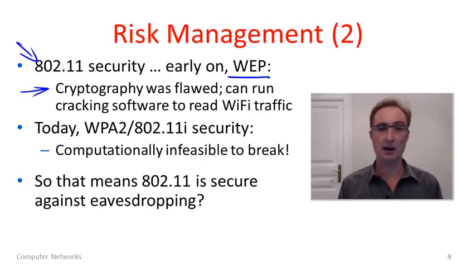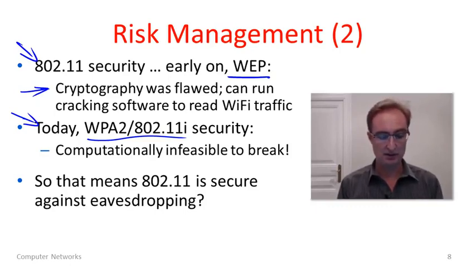Now you can download software packages which, if a network is using WEP, can just intercept messages as an eavesdropper and crack the security of the scheme, get the network password and be able to read everything within a few minutes. So really, this is not a strong defense. This is well known, and today the standard is not to use WEP, but there's a new scheme. We'll look at this eventually. This is WPA2 or 802.11i. This is a much better cryptographic design, and as far as we know, it's computationally infeasible to break this. Computers would just have to compute for so long to read messages that it's not going to happen. So we've taken a major step up here.